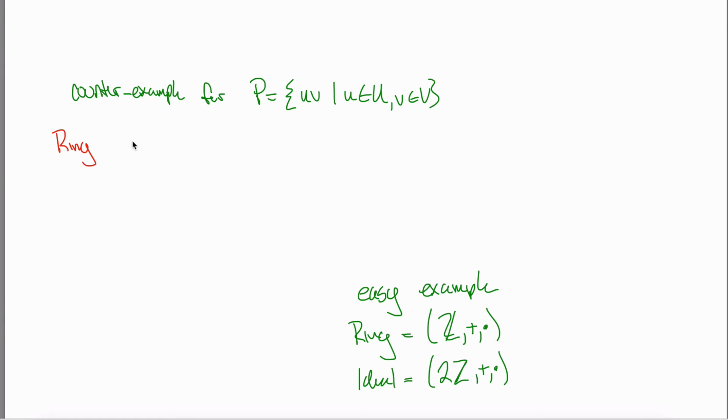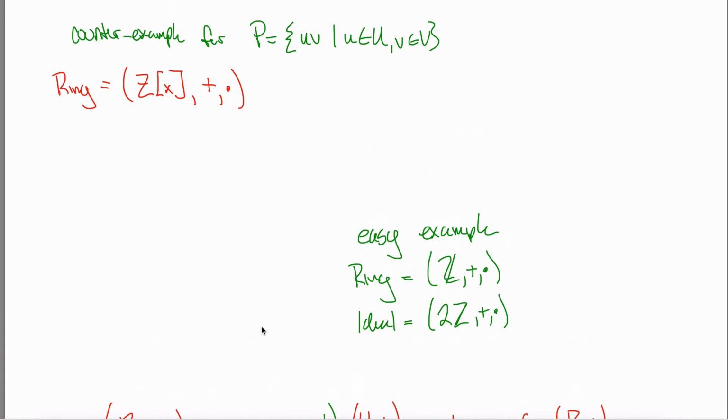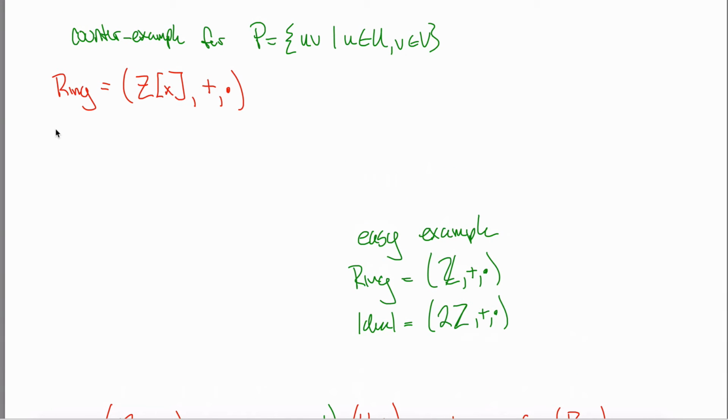to be polynomials with integer coefficients. So any polynomial you want, polynomials with the variable or the unknown x, polynomials in x with integer coefficients, so whole number coefficients, that's my ring right there. And I guess you could check that that is a ring, although it is. And now let's let u, so this is an ideal